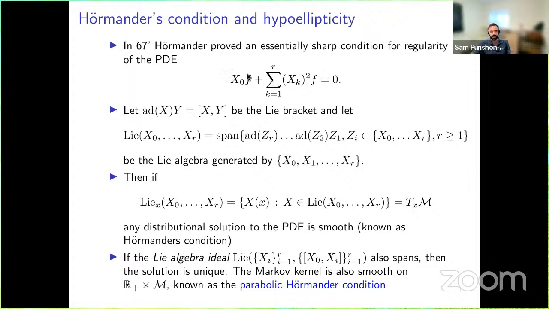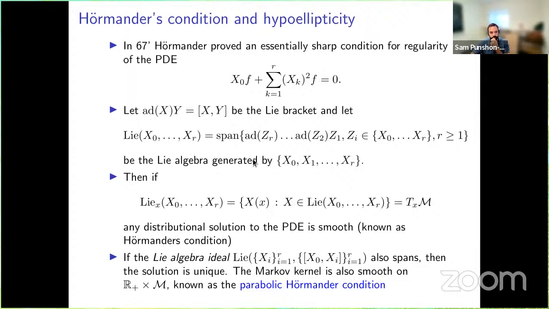vector fields, that if I take a PDE like this, which is in so-called Hörmander form, and let me just define ad_X acting on Y to be this operator, the operation of X commuted with Y, then I can define the Lie algebra generated by these vector fields just to be the span of all sort of Lie polynomials you can generate that belong to this list of vector fields. So this is the Lie algebra, and if it spans the space, then we say it satisfies Hörmander's condition at every point x. And what Hörmander proved was that any distributional solution to the PDE, if it satisfies Hörmander's condition, is smooth,